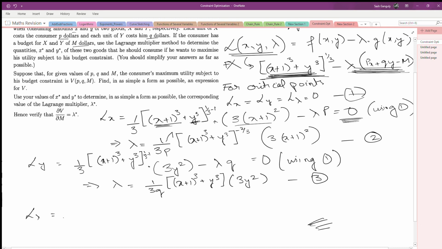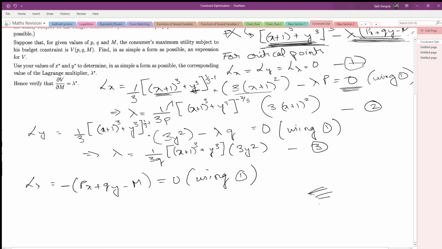Okay, it's back, right? So this will be minus of px plus qy minus m, and that will be equal to 0 using 1. Alright, now we have found the three partial derivatives. Using 2 and 3, we can compare the lambdas. So using 2 and 3, we can say that